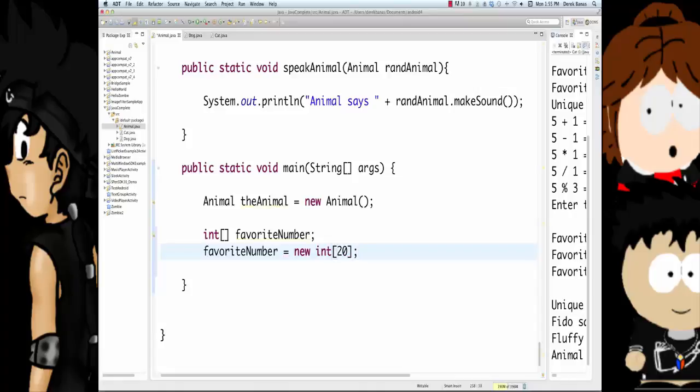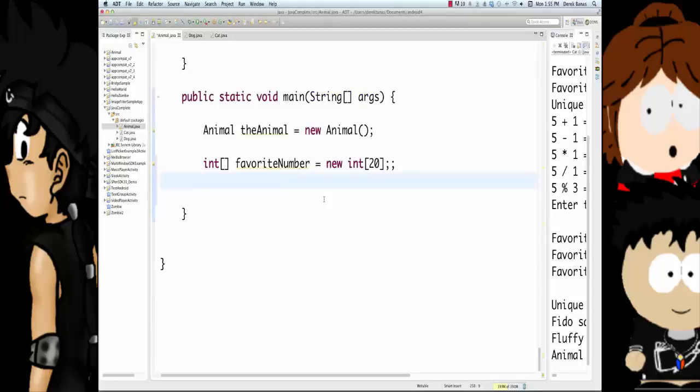That's going to give you 20 boxes to store integer data types inside of it. Or another thing you could do is just initialize it all at once. Different situations are going to have you do different things. Then, of course, the very first box inside of every array is labeled 0, and then they increment from there. So I want to store 100 inside of there. There it goes. Change this to numbers.